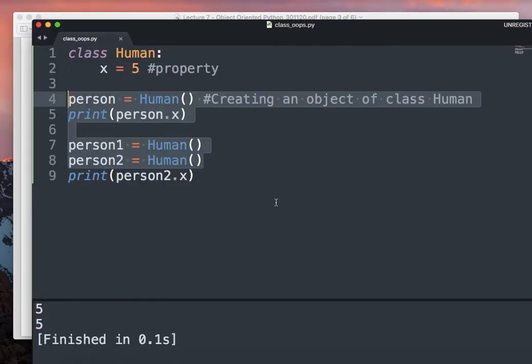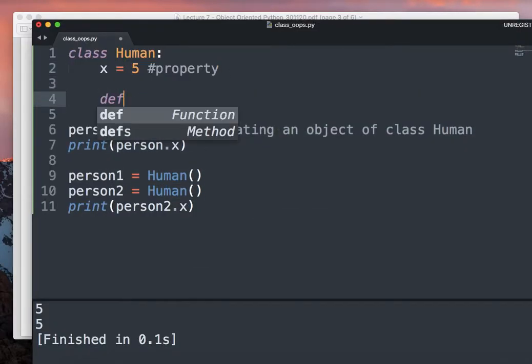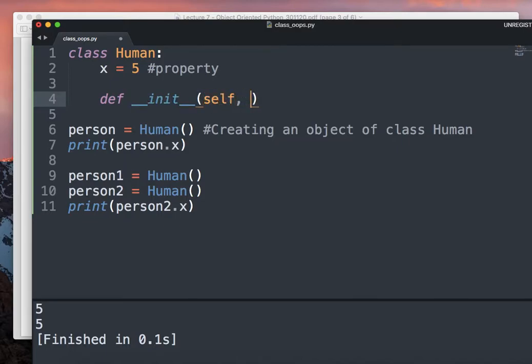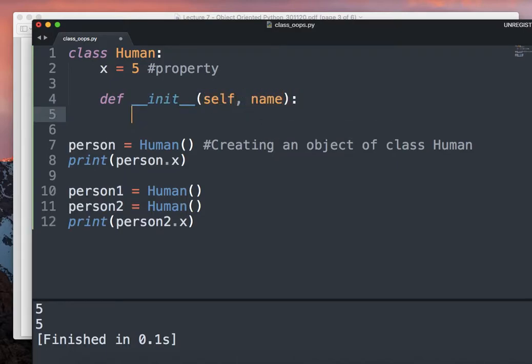Right? An important thing here is another method, called the initialization method. So we can give a name to every human, right? Right now x equal to 5 is common across all the objects we are creating. Say every object has a different name.